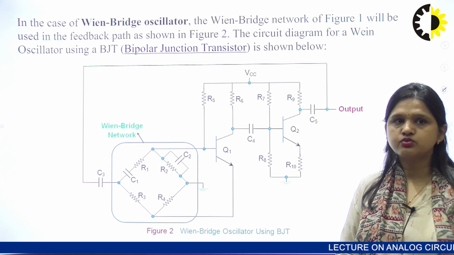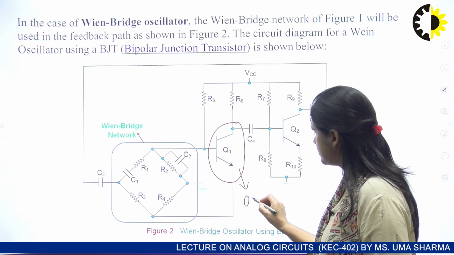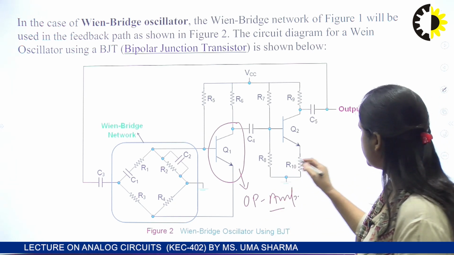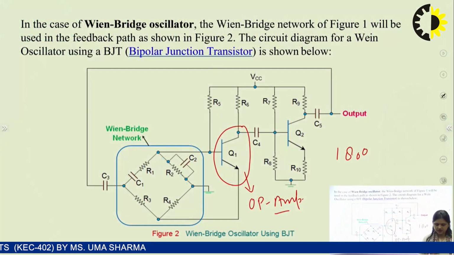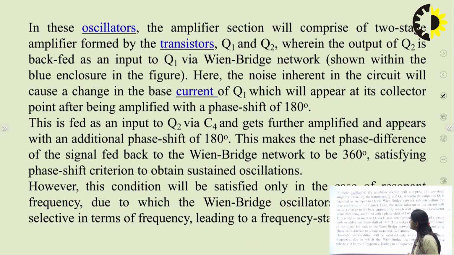The Wien bridge oscillator can also be implemented using a BJT. Here this BJT transistor is used in place of the op-amp, and we know that the BJT amplifier provides 180 degree phase shift. In the previous circuit, we used the non-inverting configuration, which gives a phase shift of 0 degree in the op-amp circuit. But in case of BJT, the phase shift is 180 degree. So here we need another 180 degree phase shift in the feedback loop. So the total phase shift in this circuit, again a Wien bridge oscillator using BJT, is 360 degree. This is how we can implement the Wien bridge oscillator using BJT as well as using the